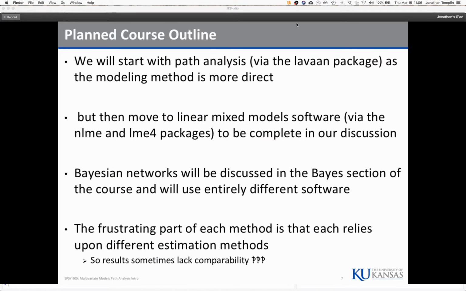So the planned course outline is that we're going to start with Lavaan, with path analysis, because I think the syntax for it is a little bit more understandable. We're going to move to linear mixed models and go to Bayes. The problem is that each method that you see here, each type of analysis, 1, 2, 3 here, relies